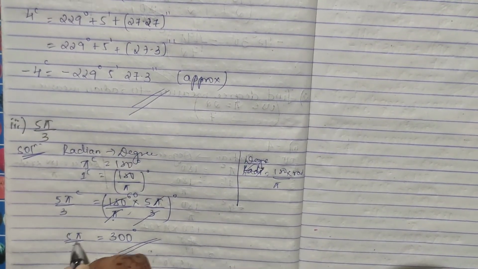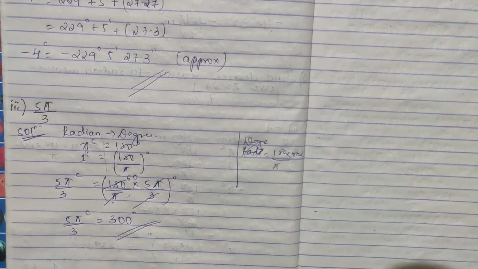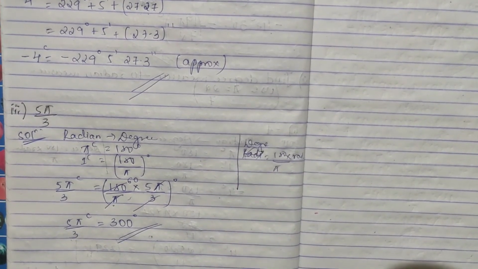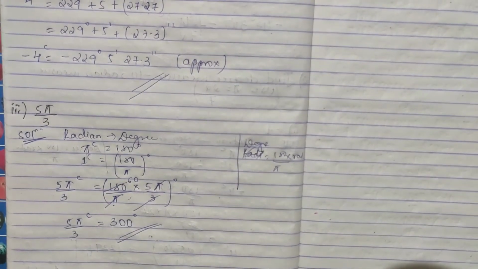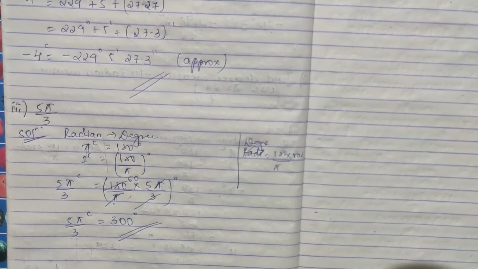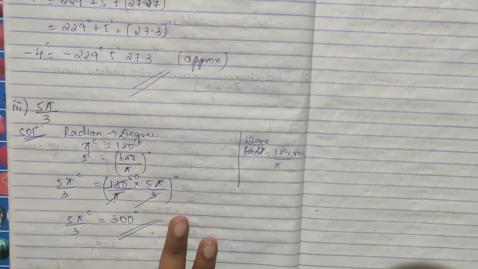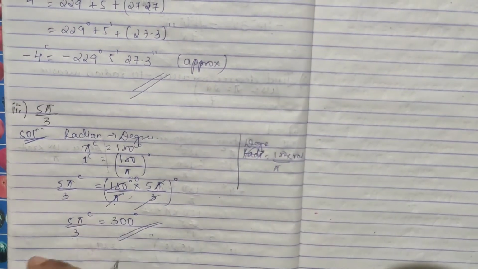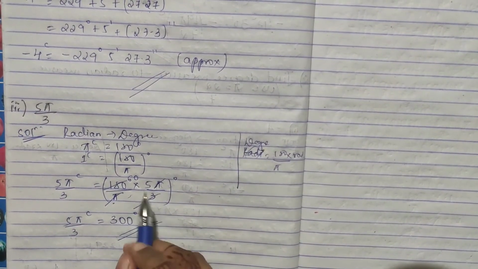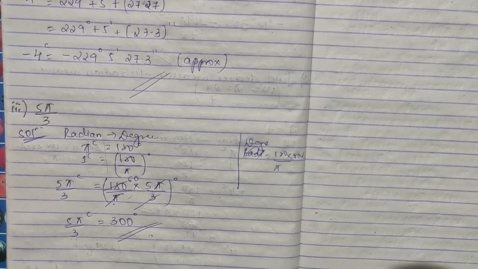I know you might be feeling it is a little boring. I can't help it, because this topic is only like that, but don't get confused, it is easy. Just when it is in degree, to convert minutes, seconds and all, be a little conscious, that's it. We can't expect the same easy problem every time. See here pi gets cancelled, so we have not used our pi value. Okay, we'll see the next problem.